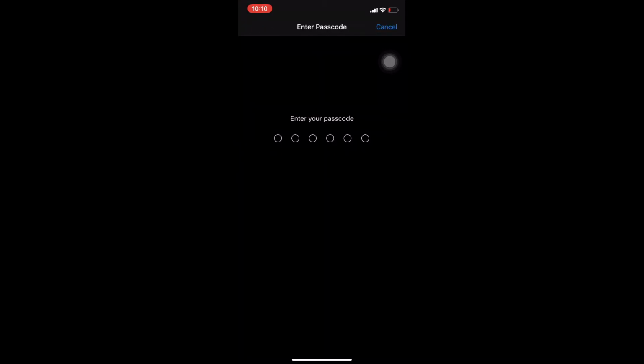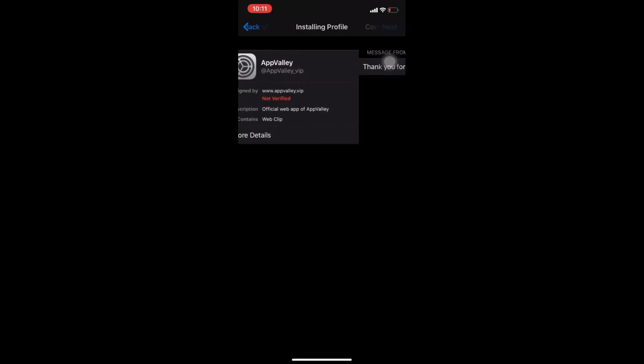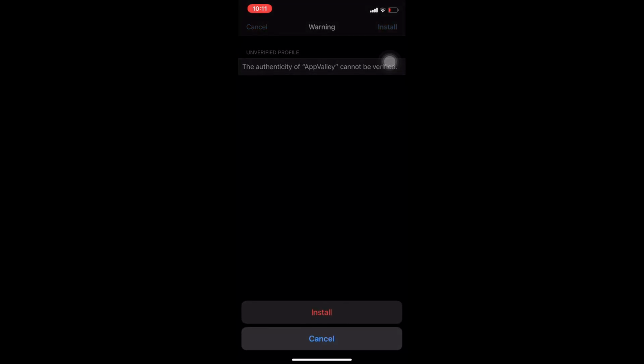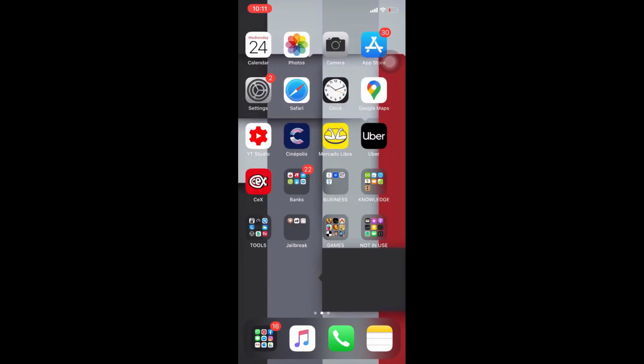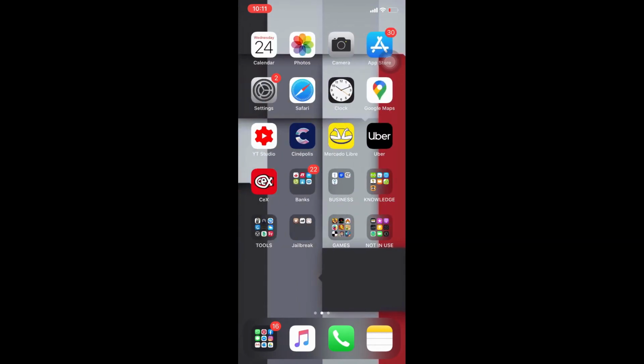then click on install, type your password. After that, click on next, and then you will click on install and then install. This will allow you to see your app on the home screen, as you can see on the screen. Now we have to open the app,